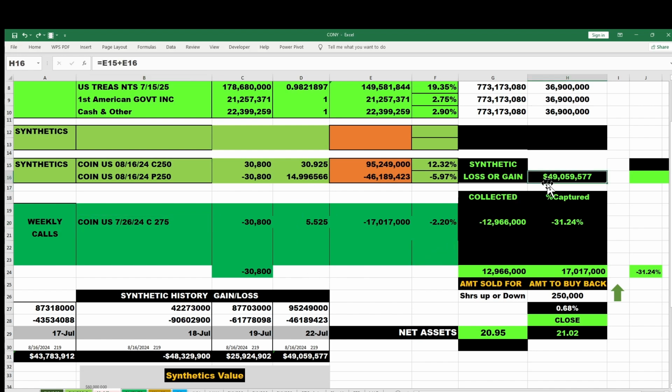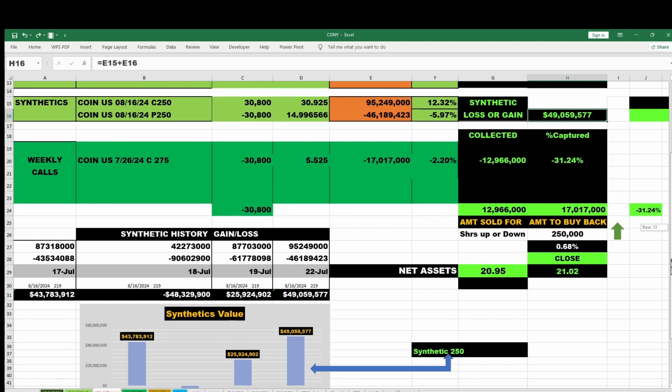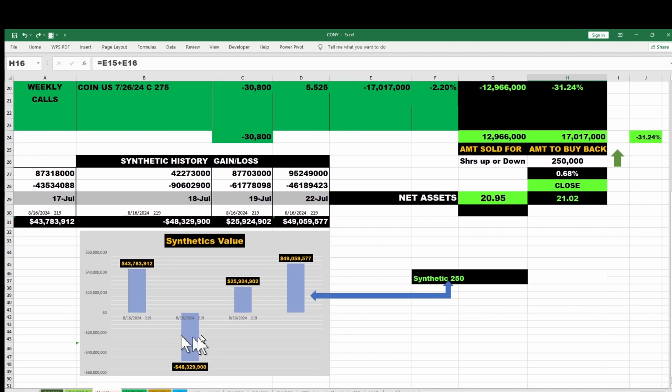Well, that says we have now a $49 million gain, because we're just moving up a little bit, but it's triggering the put to go down in value and the call to go up. Well, how do we know? Because I graphically show it to you over the last 4 trading days here. Now, once in a while, we change the synthetic, and the 3 days before are irrelevant to the new price of this synthetic. So you're not looking at apples and apples, right? You're looking at apples and oranges. Right now, it's all been the same. So we're up here at a $49 million gain. 2 days ago, we had a $48 million loss.